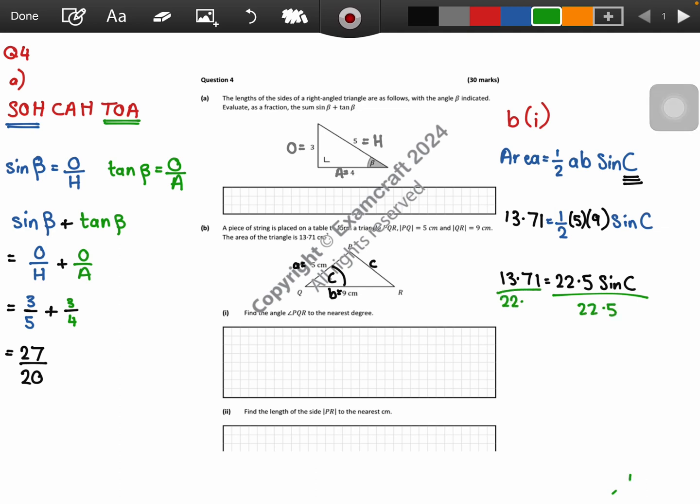So we need to divide by 22.5, so that the 22.5 that's multiplying and dividing cancel. So I'm going to get 13.71 divided by my answer, which was 22.5, so that I get